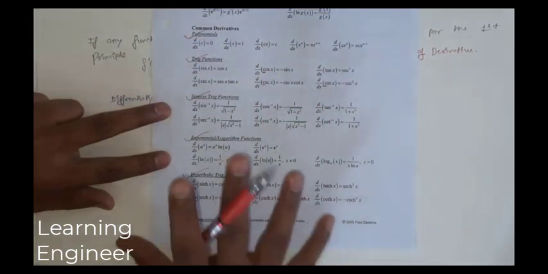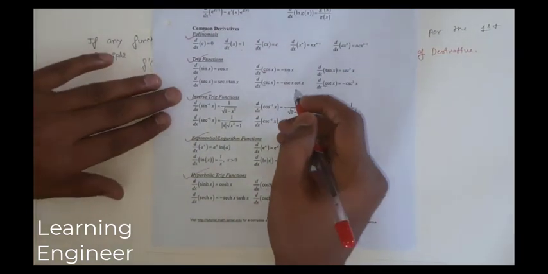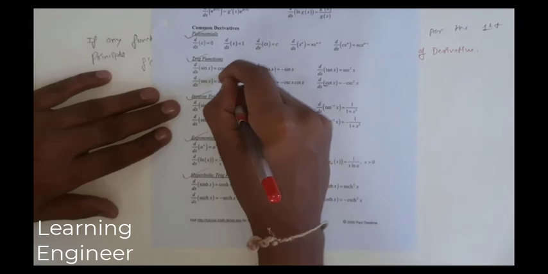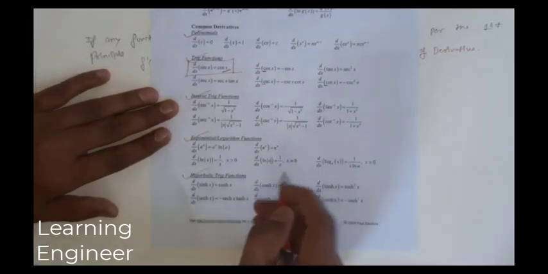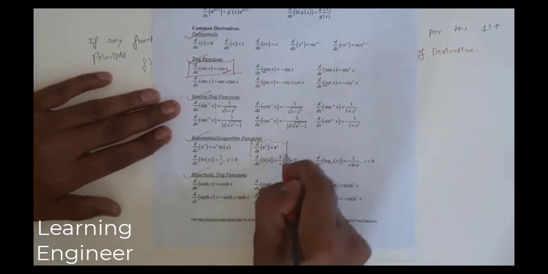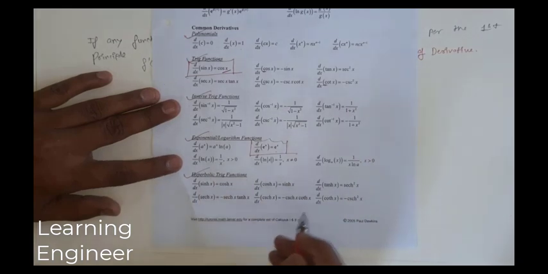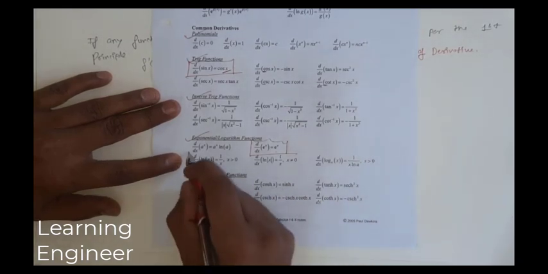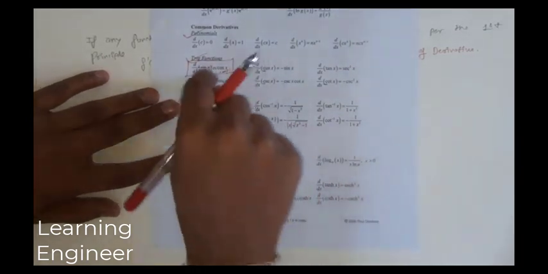This we have to remember. These are the standard formulas. Now I will try to prove some of the formulas. Let us talk about the derivative of sin x, from where this derivative has come, and from where the derivative of e raised to x is e raised to x. Let us take it like that. The derivative of log x is 1 upon x. So let us prove these three derivative terms.